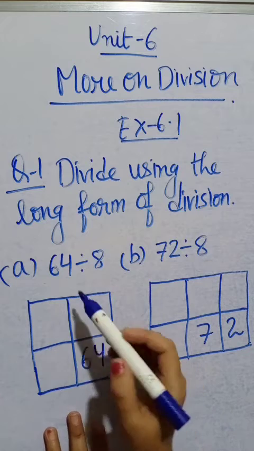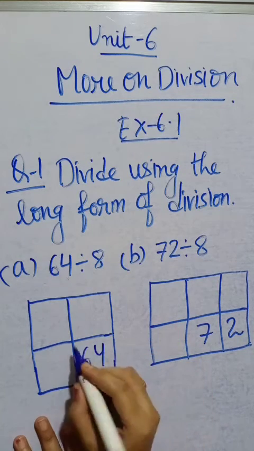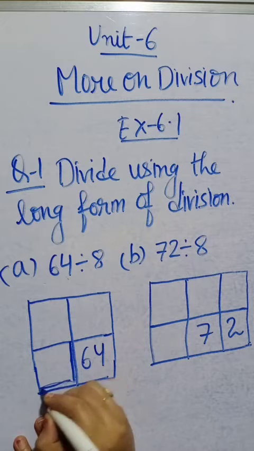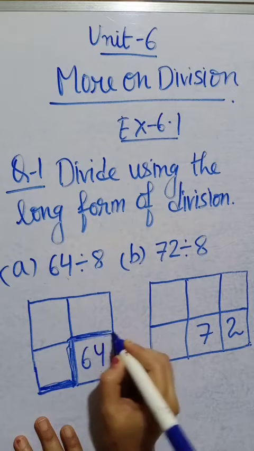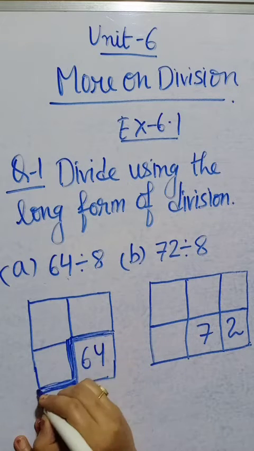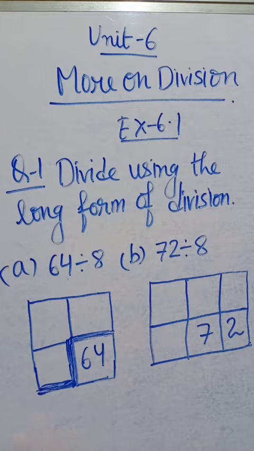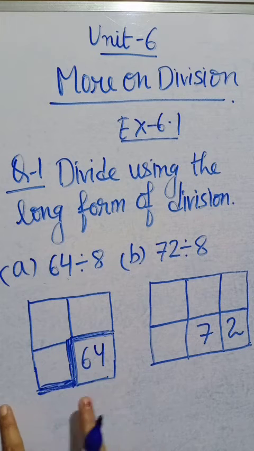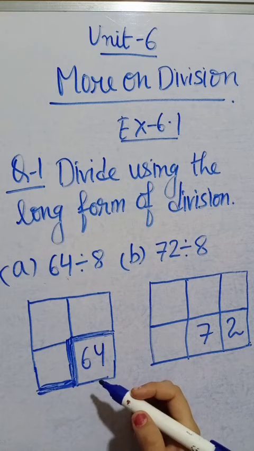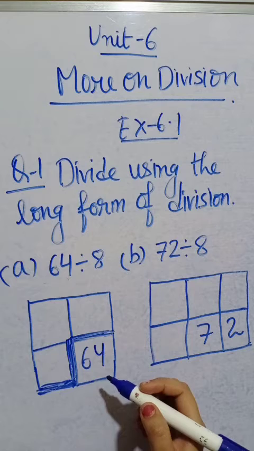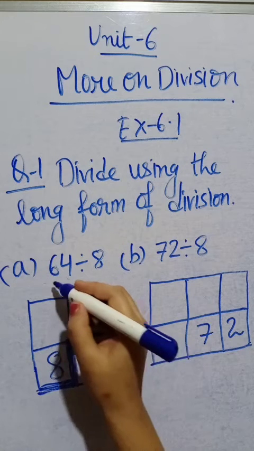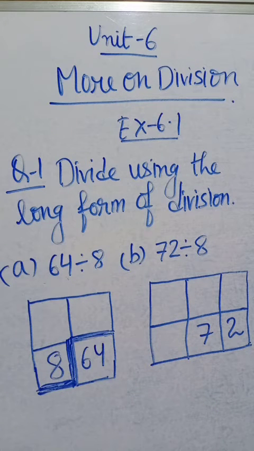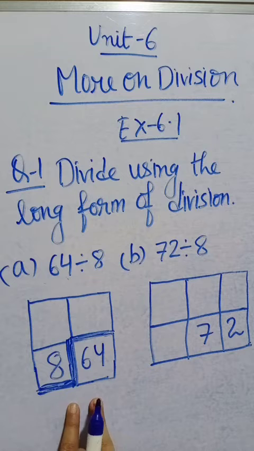So if we have to divide 64 by 8, we have to make a divide column here, like this. You can make a dark line on the given lines, or if you are working in the notebook, you can make a darker line from the upper side. Then we have to divide 64 by 8. 8 is the divisor, that will be written on the left side. 64 is the dividend, that will be written inside the divide column. We just have to divide it.